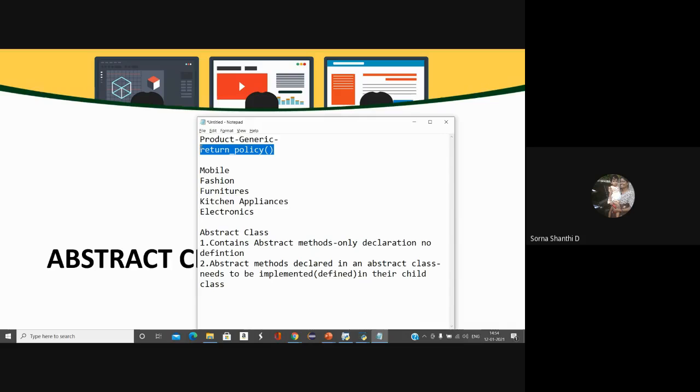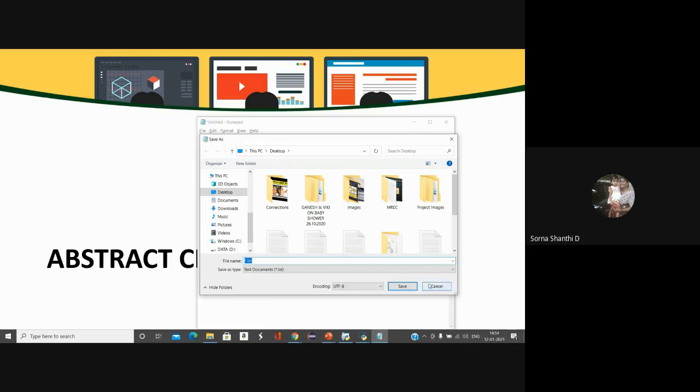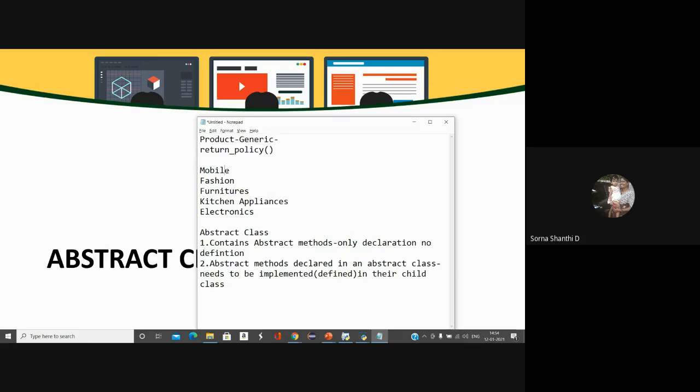Okay, if someone is inheriting me, I am the product class. If the product class is inherited by any child class, that child class should define all the abstract methods which are defined inside my product class. So நான் இங்க ஒரு சிம்பிள் எக்ஸாம்பிள் கொடுத்து, இங்க ரிட்டர்ன் பாலிசி இருந்துச்சுன்னா, இவங்க அஞ்சு பேருமே ப்ராடக்ட வந்து பேரண்ட் கிளாஸா எடுத்திருந்தாங்கன்னா, they have to define return